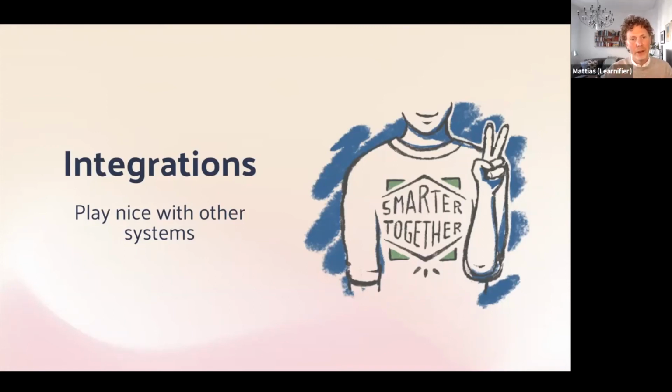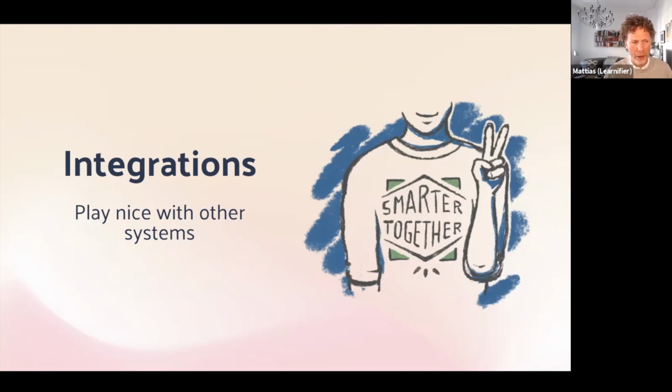Our API today and the ability to integrate with Learnifier is, I would say, strong, if I may say so myself, on the administrative side, on the course creation side. What we're looking at in the future is also adding additional capabilities on the learning experience side. So we already have an API for that, but it's not that well used. So we want to see if we can make it even easier for you to integrate things like that could